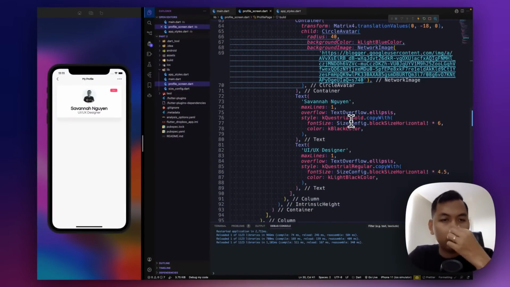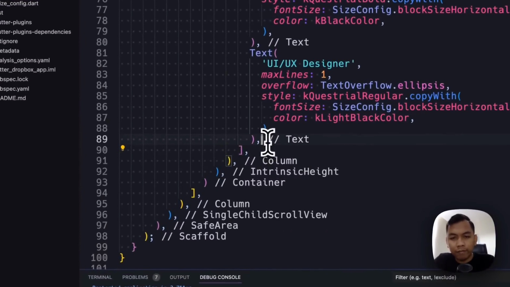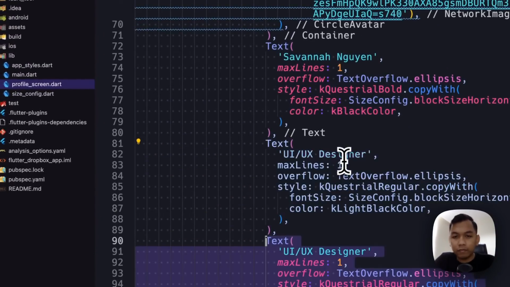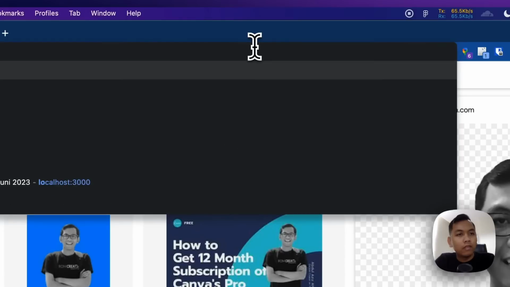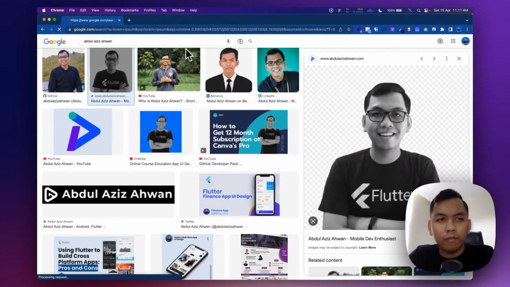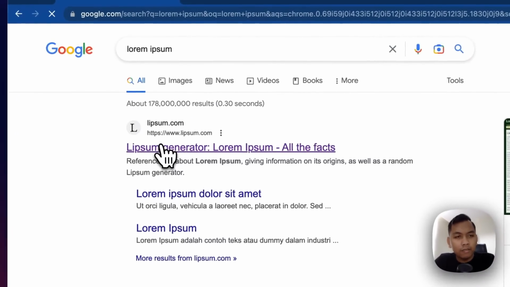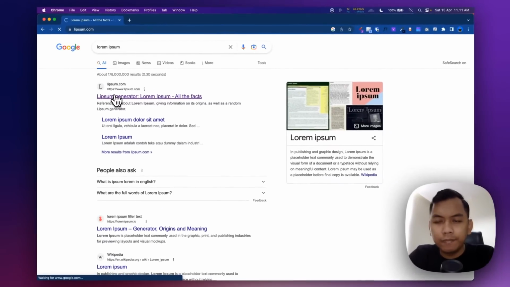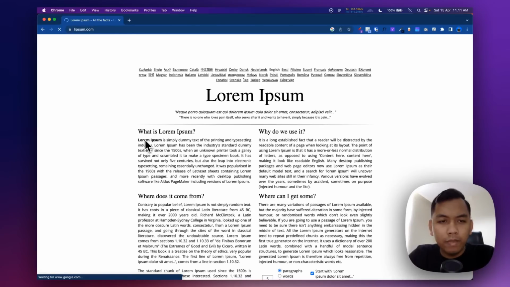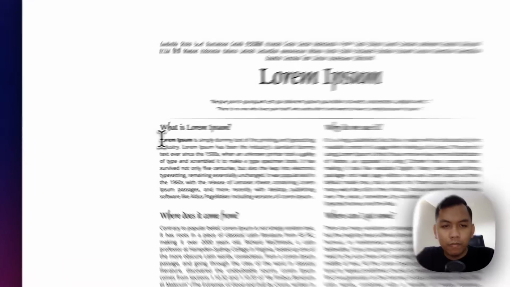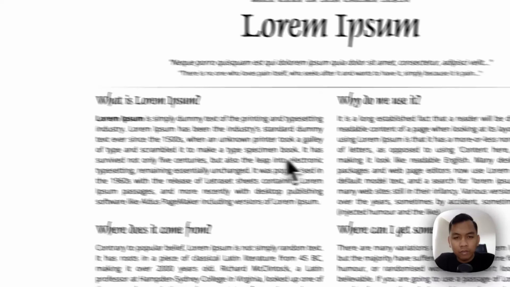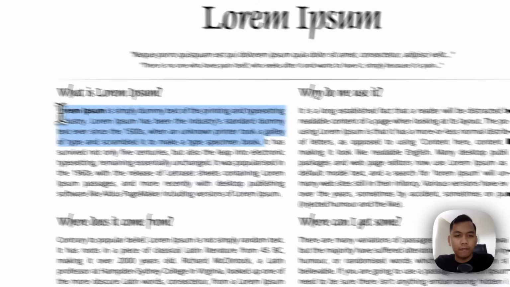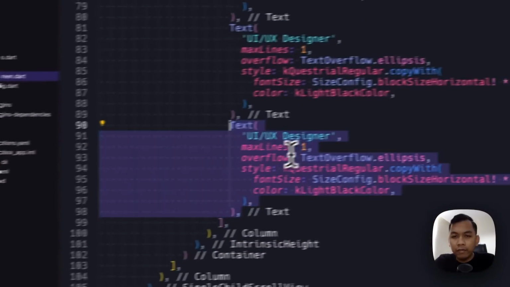And below that we will have a description, and it's like a lorem ipsum, so we can find from lorem ipsum generator. Maybe from the first, I'm sorry, into this, I think, yeah, and paste here.